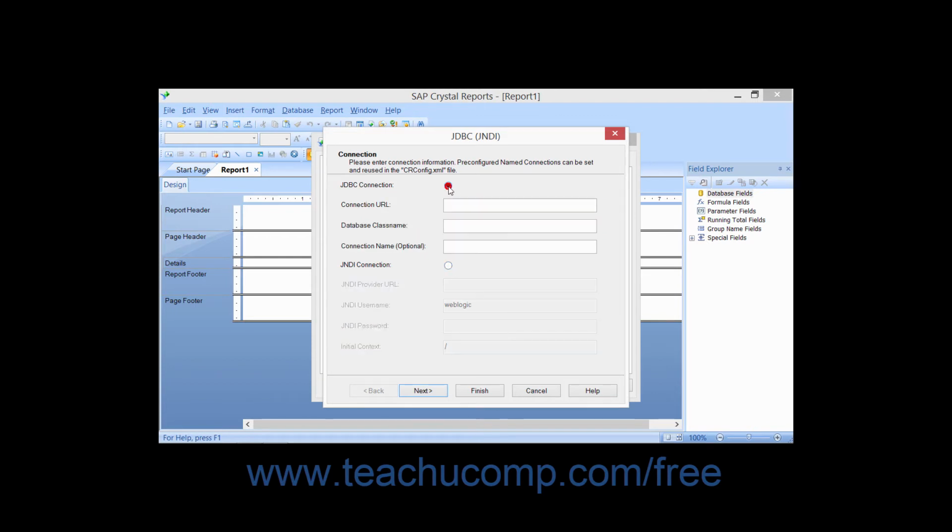If you select the JDBC connection, then type the JDBC connection URL into the connection URL text box. Next, you must specify the name of the class that you want to use as the driver for this connection by typing it into the database class name text box. You can also optionally specify a JNDI connection name for the connection by typing it into the connection name optional